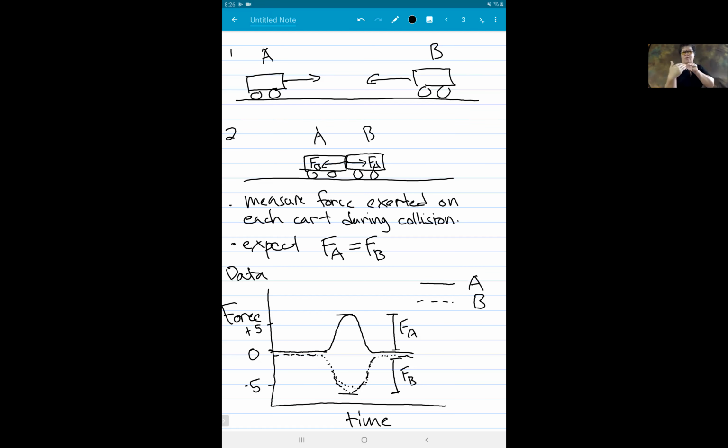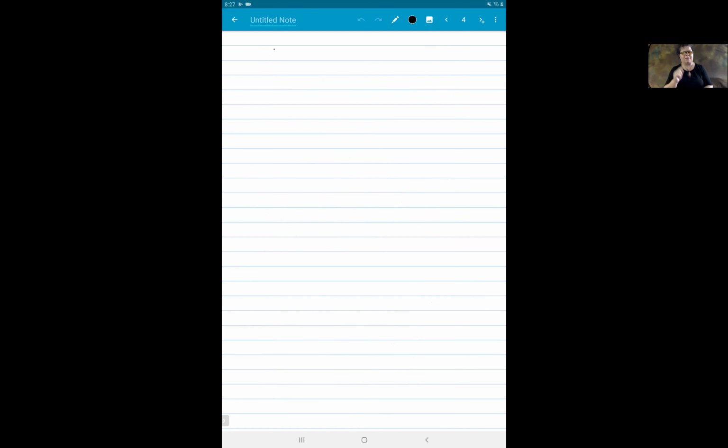Okay, so that's what's happening in this lab anyway. So that's what we're going to see for the force graphs. The acceleration graphs won't be the same. You'll see the acceleration graphs will look a little different. You'll see a, for acceleration, and time, and you'll see a very similar plot, except if they have the same mass,